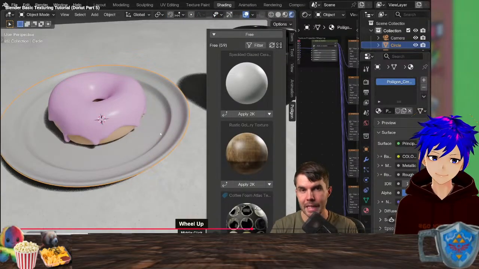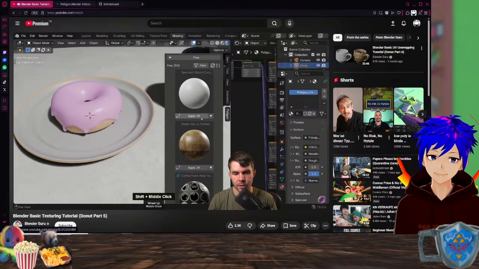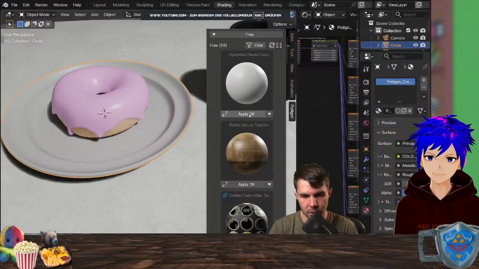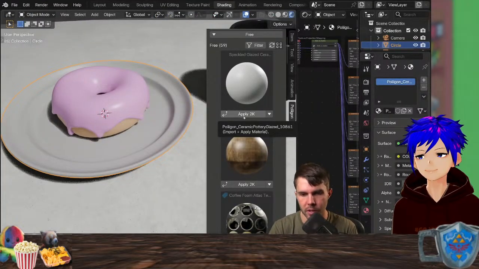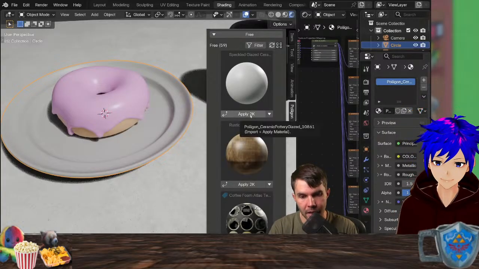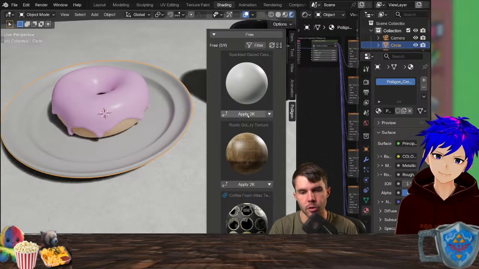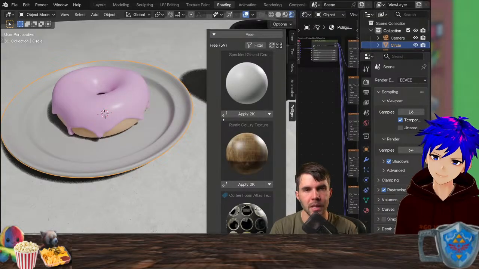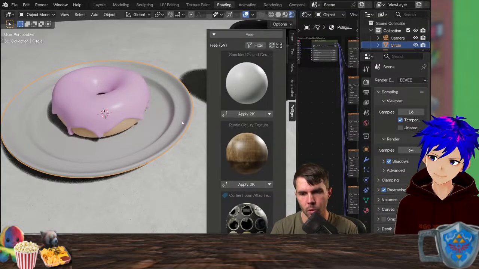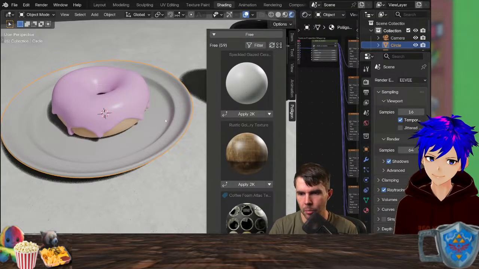So with my plate selected, I need to, first of all, hit download. I've already done it, which is why I don't see it. But you hit download and it'll just save it to your folder, which is in your preferences. And then with an object selected, you should be able to hit apply. If you don't see the apply box, it means that you haven't got an object selected. So make sure one is selected in order to click that box.